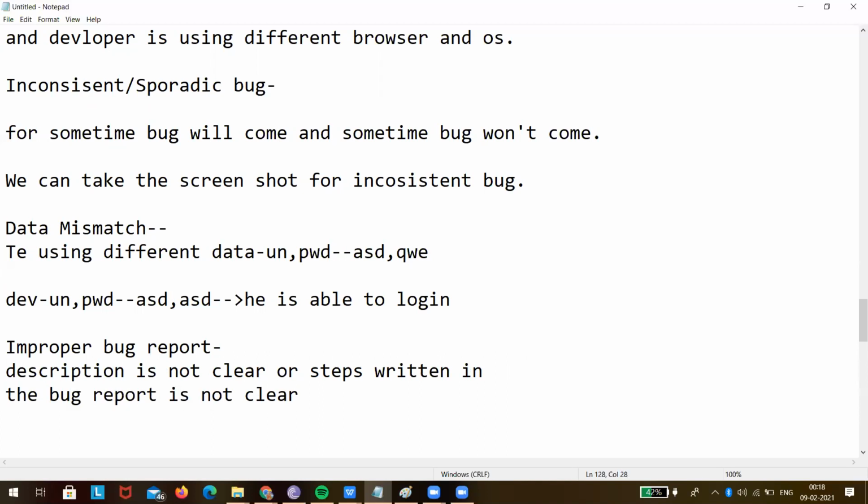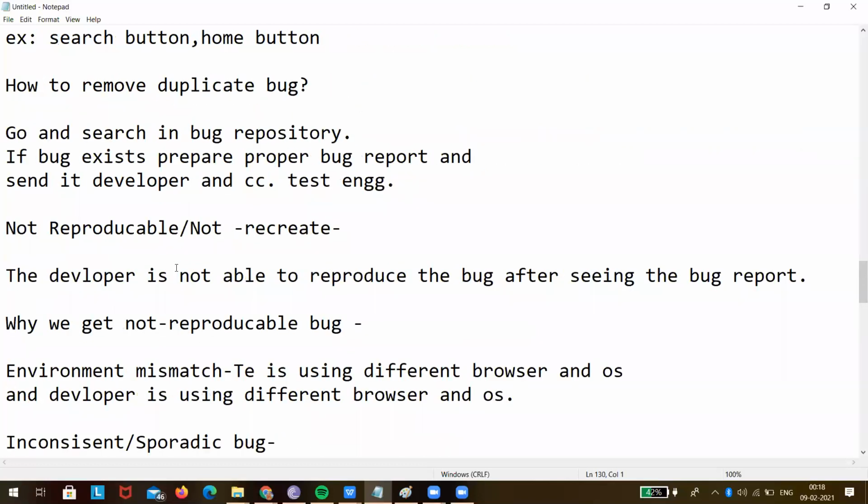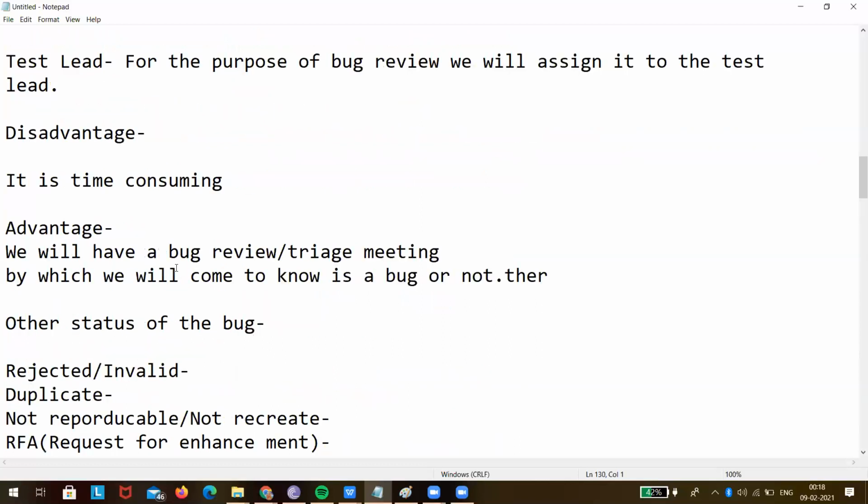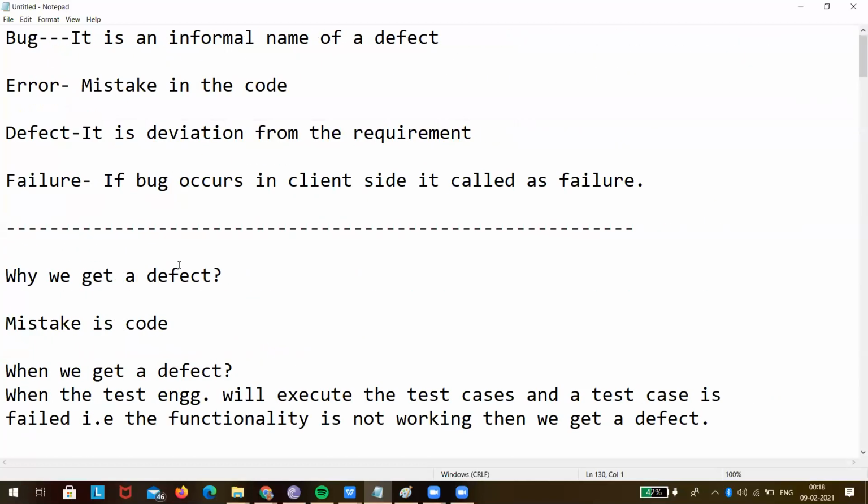So that is called an improper bug report. Improper bug report, inconsistent bug, data mismatch, environment mismatch: all these reasons will lead to the not reproducible or not recreate status. We'll close the session today.